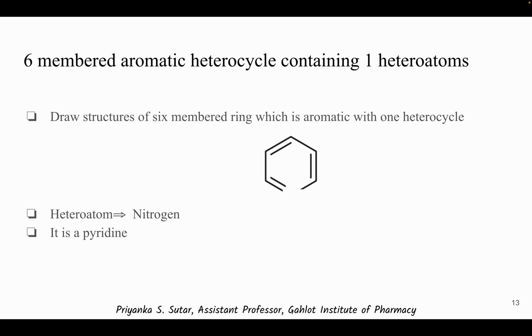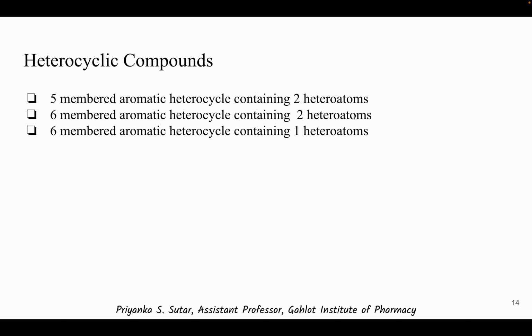and this structure is called a pyridine. Again, this is a trivial name of this heterocycle. So this is the structure of pyridine. So now we have learned about 5-membered aromatic heterocycles containing 2 heteroatoms, and then 6-membered ones, which contain 2 heteroatoms and 1 heteroatom. Okay,